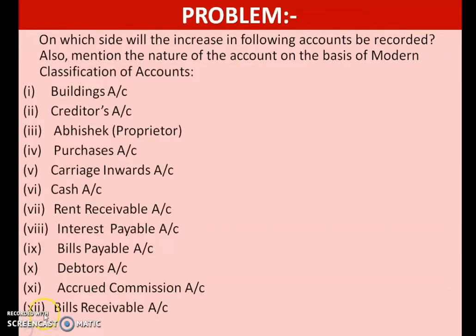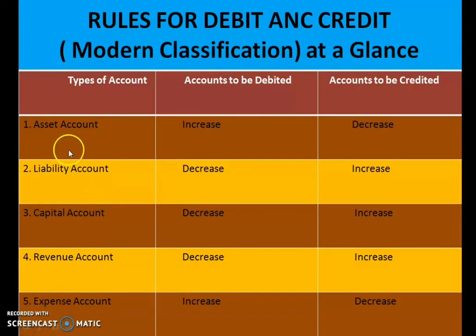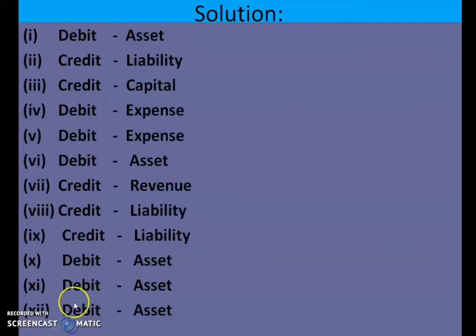What is the sixth item? Sixth item is cash. Now tell me, cash comes under asset. So asset increases. So what is the nature of that account? Cash is an asset, it comes under asset account, and if it increases, you have to debit it. So what will you write here? First of all, you have to write that cash is an asset. If it increases, what is the rule telling you? The rule is saying that if asset increases, debit it.